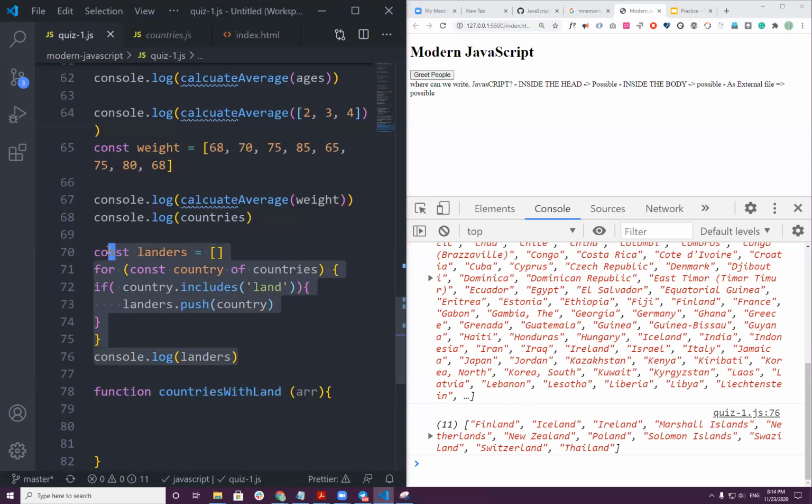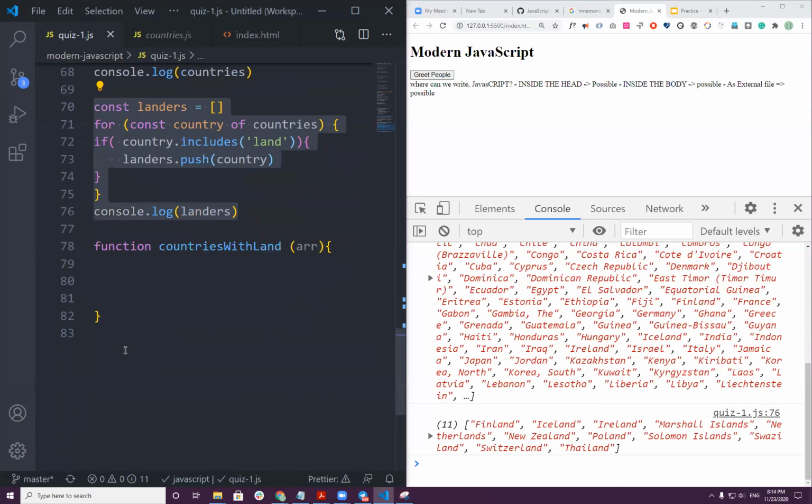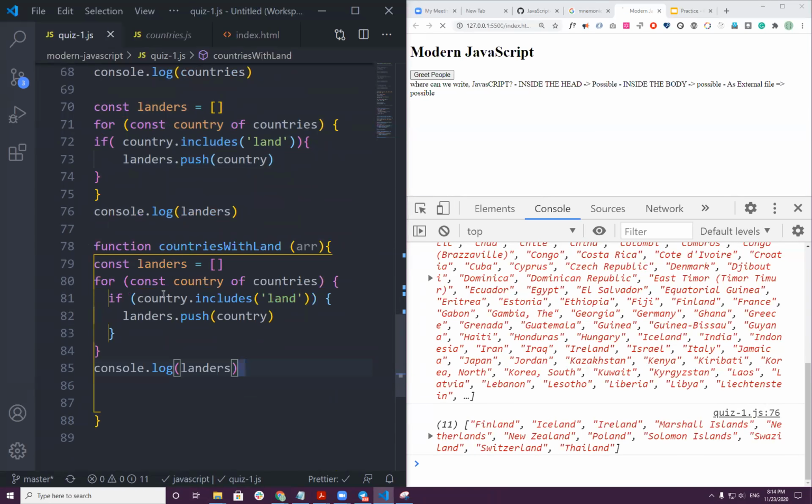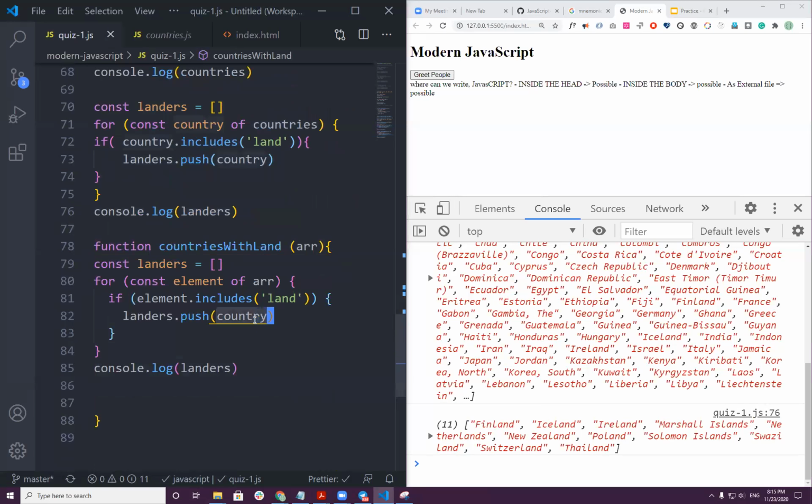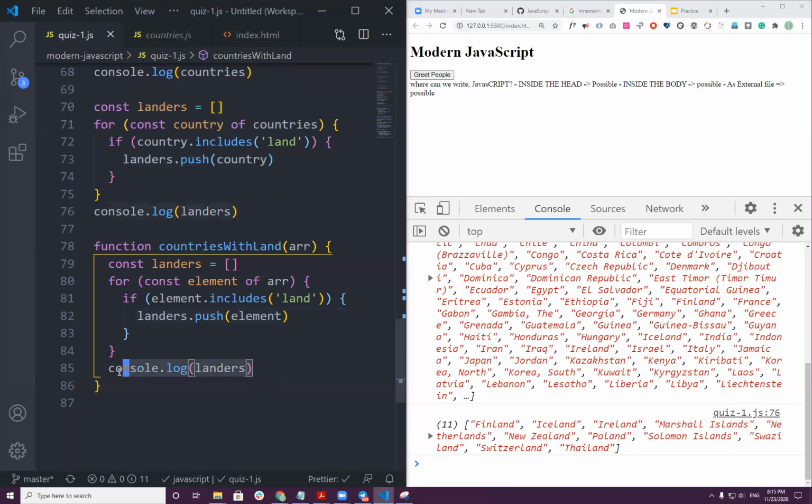I copy what I have here and paste it. Now instead of countries and country, I just put this one array, and I change this to element, and instead of country, I change it to element or item. So this is also going to be element. And then instead of just printing it out, I return landers.